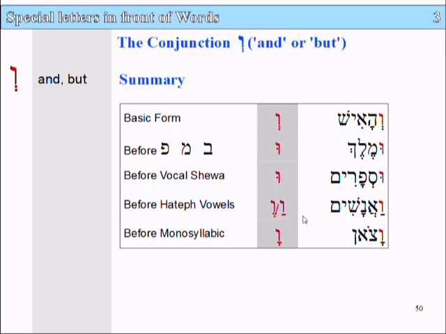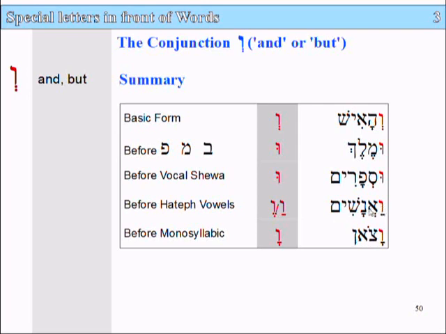Before hatef vowels, that's vowels with the two dots, and the kametz or the seagull, etc., in front, it takes on the vowel sound, the lengthened vowel sound. So anashim